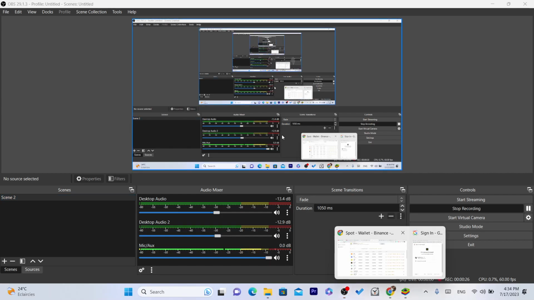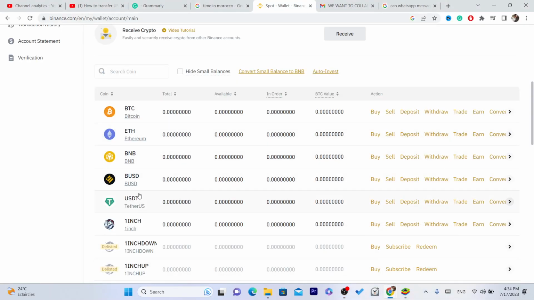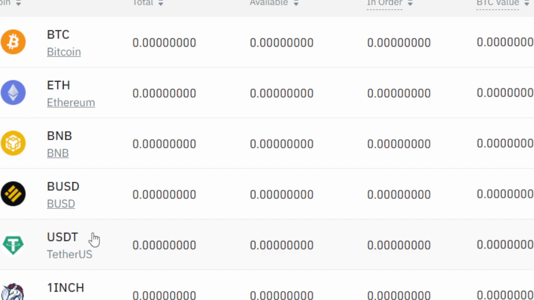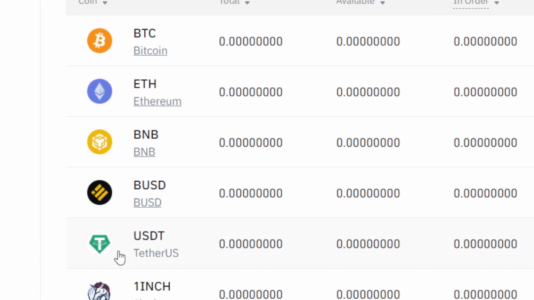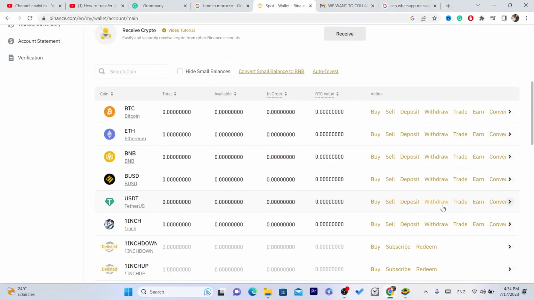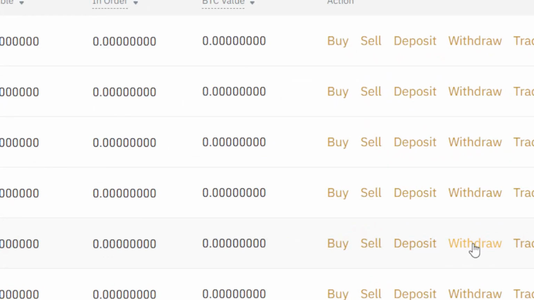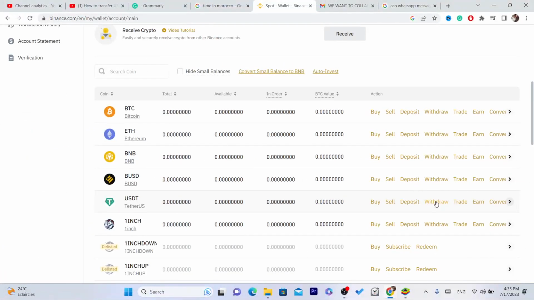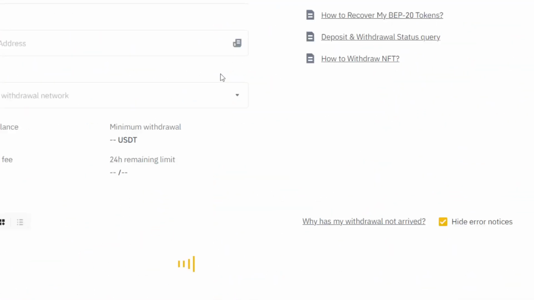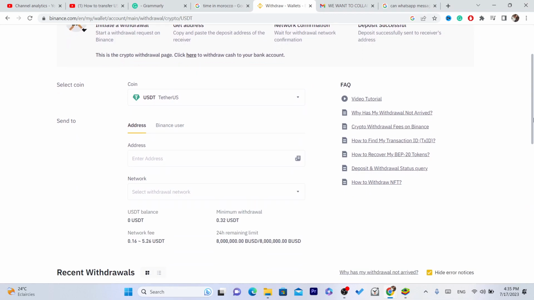So you want to scroll down, like I said, a little bit, and you want to find here USDT, as you can see. Next to USDT you will see here withdrawal. So you need to click on withdrawal. In the action section you want to click on withdrawal, and here Binance will ask